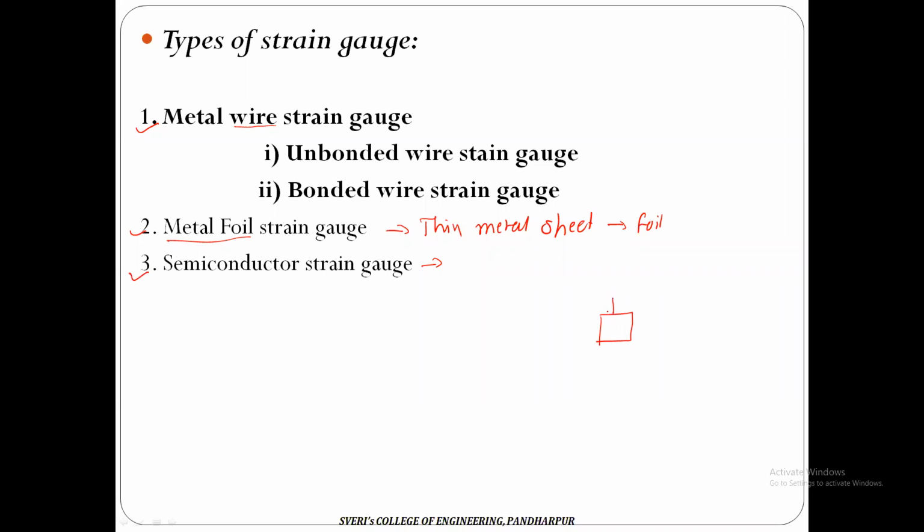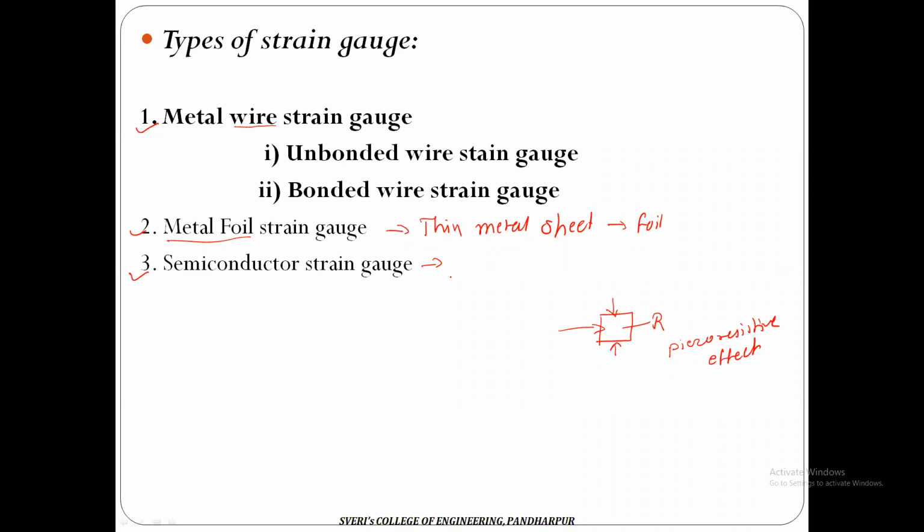And if you apply pressure on that semiconductor, or you just hammer on that semiconductor, it is observed that its resistance is going to change. And this property of a strain gauge is called the piezoresistive effect. It means that semiconductor material is also used in the construction of the strain gauge.